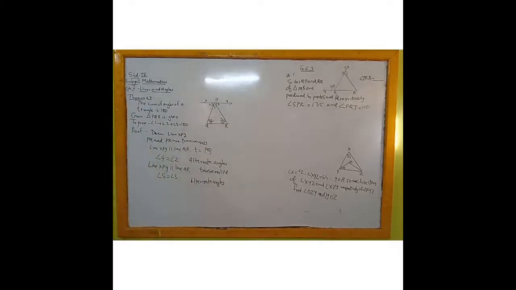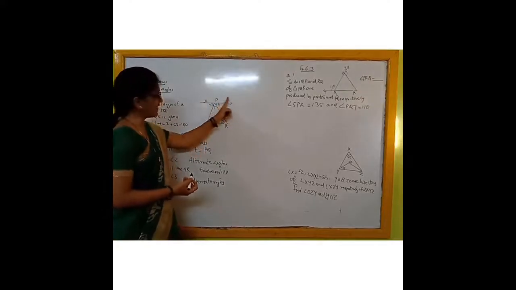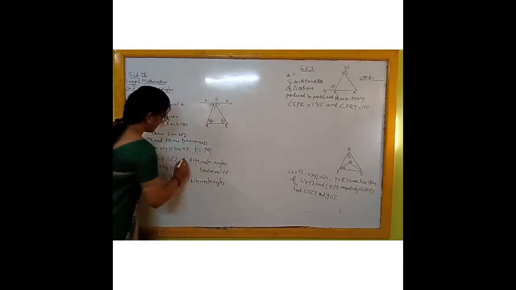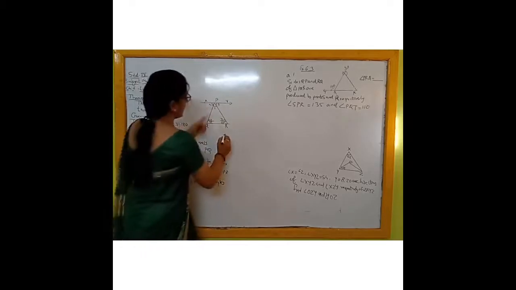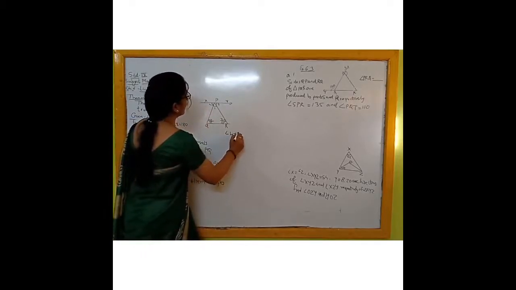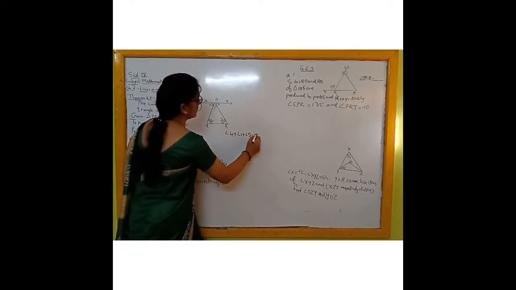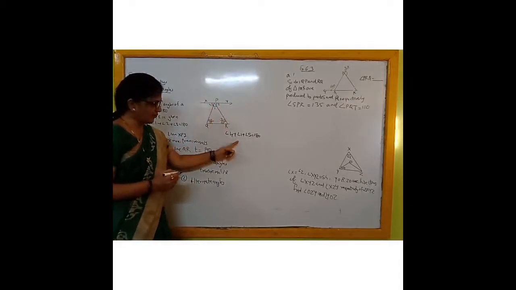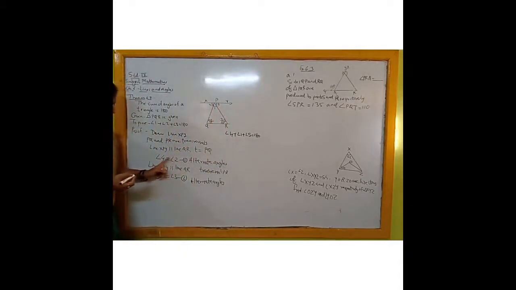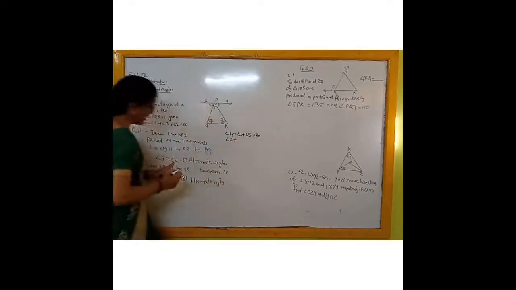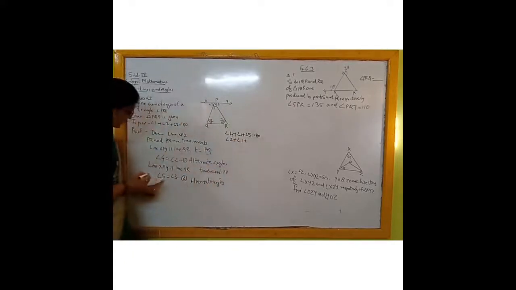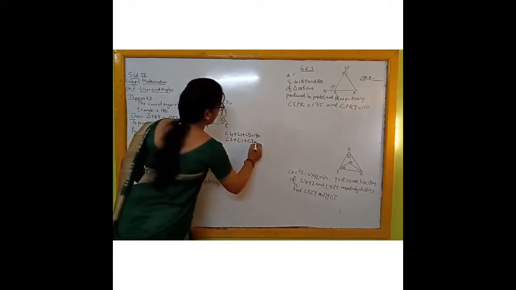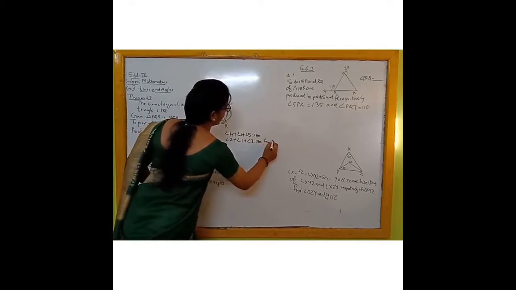Alternate angles. Now next step, as XPY is a line, we can write this is the first part, this is the second part. As XPY is a line, angle 4 plus angle 1 plus angle 5 is equal to 180. Now substitute the value of angle 4 and angle 5. What is the value of angle 4? That is angle 2. What is the value of angle 5? That is angle 3. So angle 2 plus angle 1 plus angle 3 is equal to 180. The reason for which is from 1 and 2.